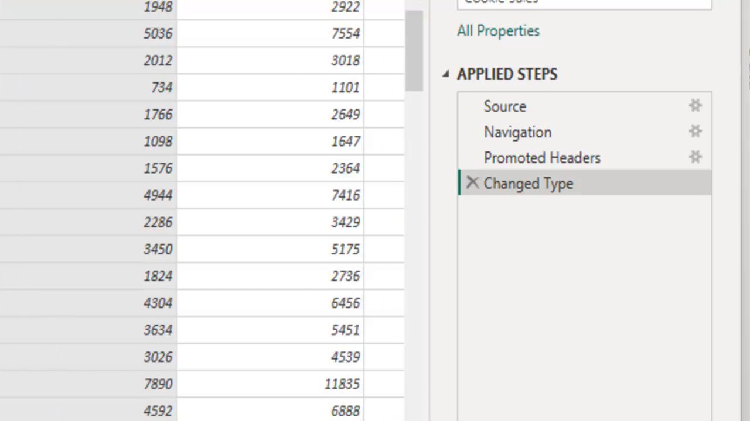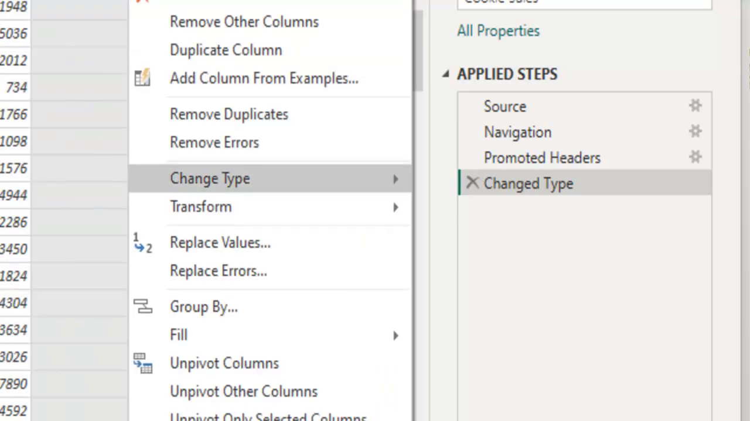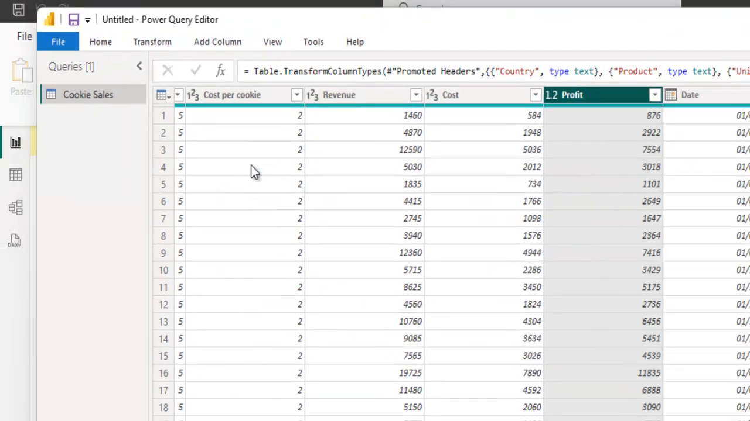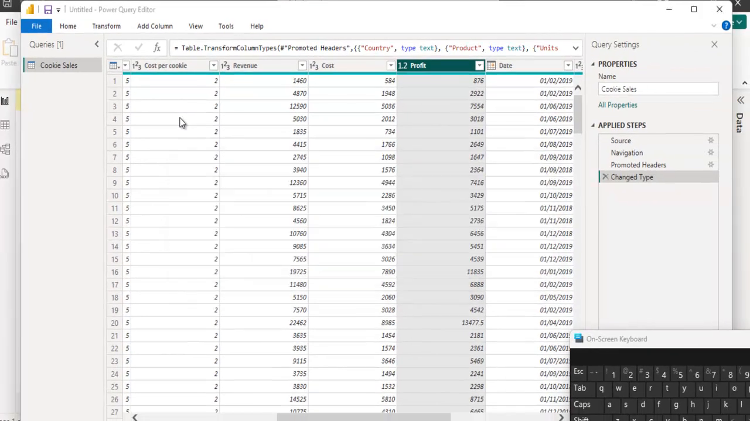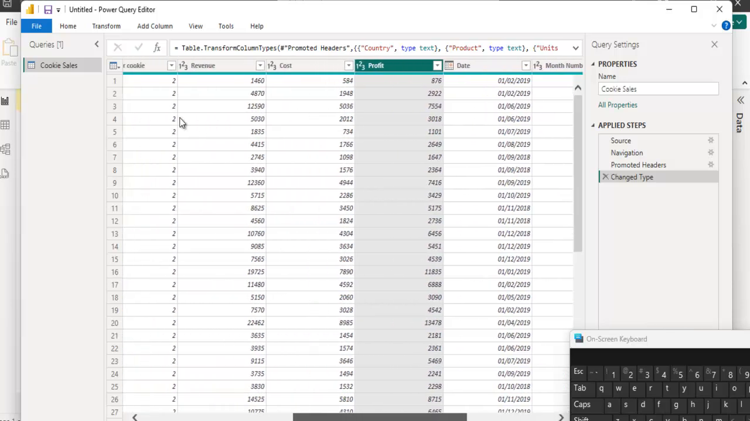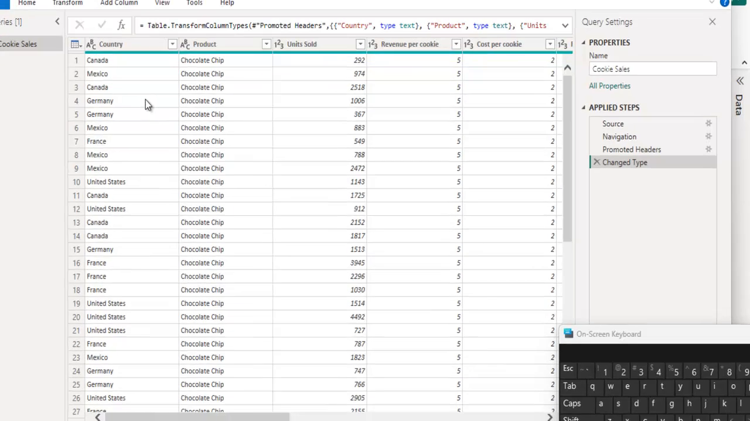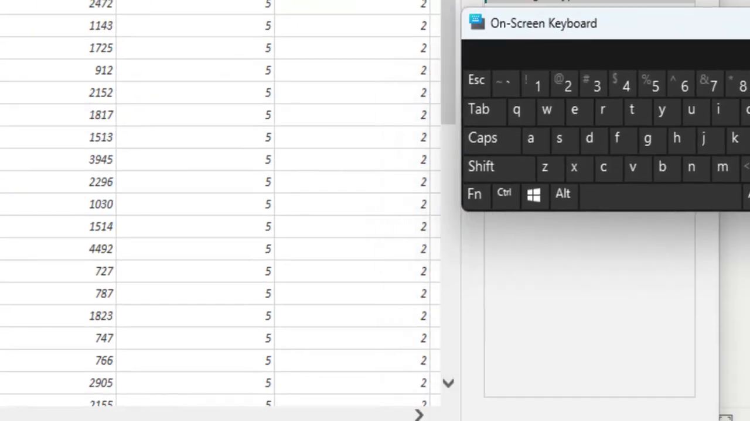So let's move further to the other columns. For the profit column, we also have decimals. So let's change the type to whole number instead of decimal number. Then we replace the current one with the new one. Now I think we are good to go. We are good to go, but we are still not going to load this data set because